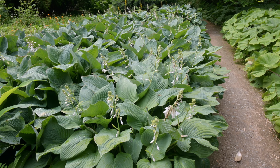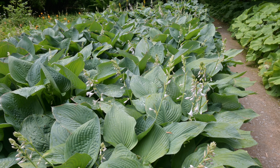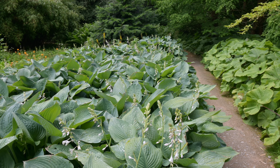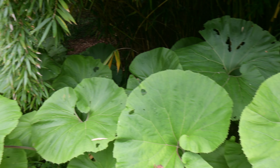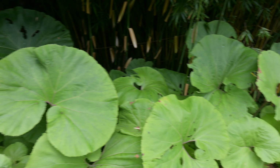hostas with the glaucous blue leaves and starting to flower. I know some people don't like the flowers, but they're quite nice. But the leaves are looking pretty good, not really been eaten by slugs, that's good to see. And then on the right hand side, look at all these Petasites. And look at the area this is covered. This is what, a good